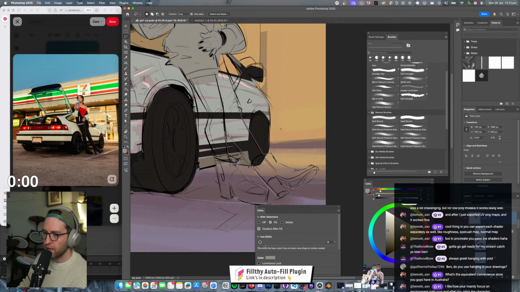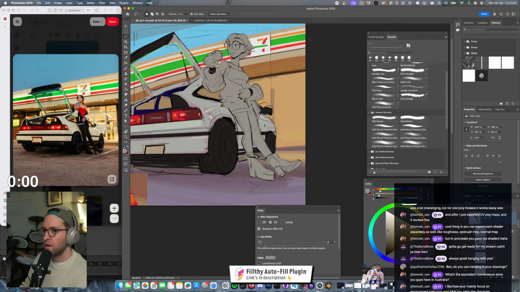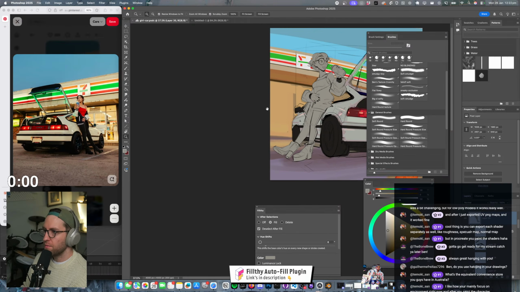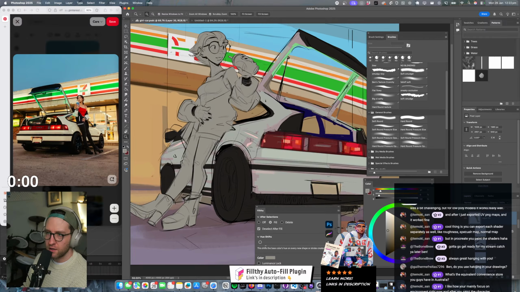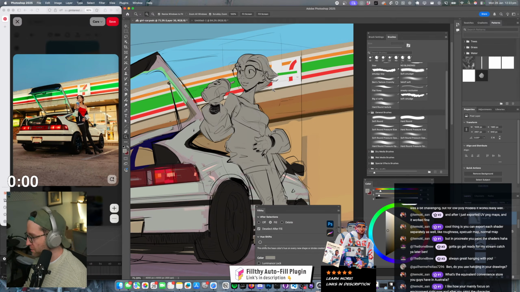Now I do want to try and keep the character a little bit more simplified. Because if we're rendering everything, I don't know, it could look cool. It's a good practice. But if I could keep her a little bit more simple, that might be fun. As a challenge for me, just to keep it simple.